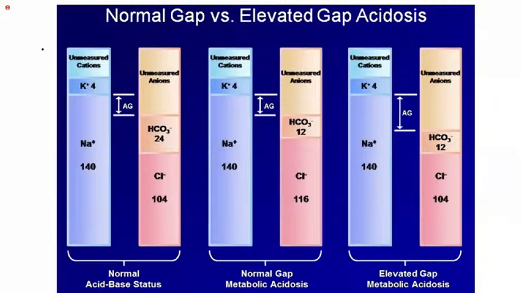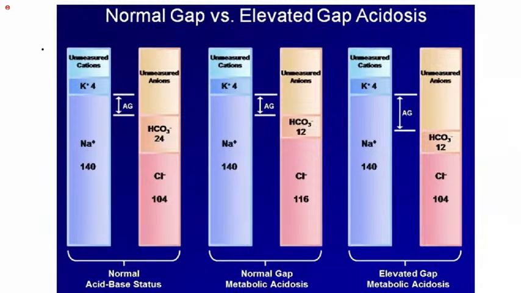But you're still maintaining electroneutrality because your body compensates for that reduction in the negative charge by increasing your chloride compartment. So you can see the normal chloride here was about 104, but when this bicarbonate starts to go down, the chloride compartment can begin to expand, just to maintain the electroneutrality. So that will be a normal anion gap metabolic acidosis. So metabolic acidosis because bicarb is low, but your unmeasured anions are not higher because your chloride compartment has expanded